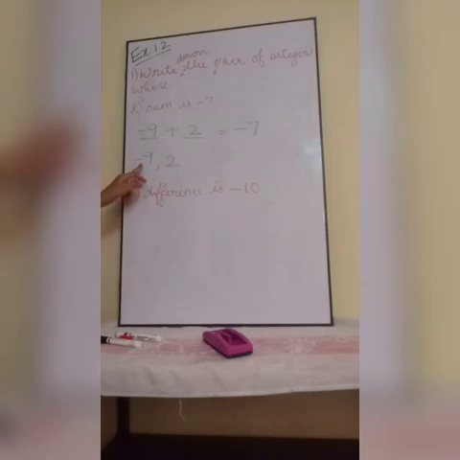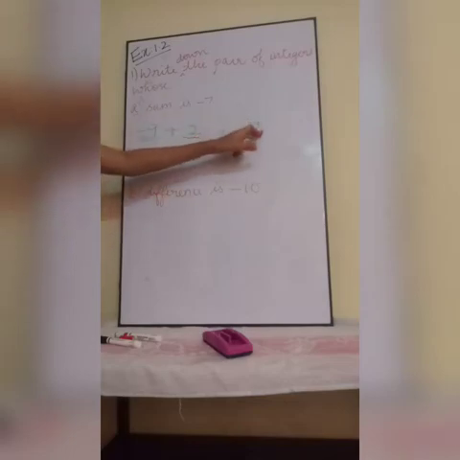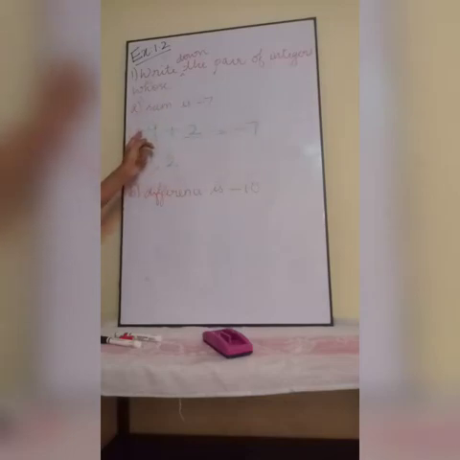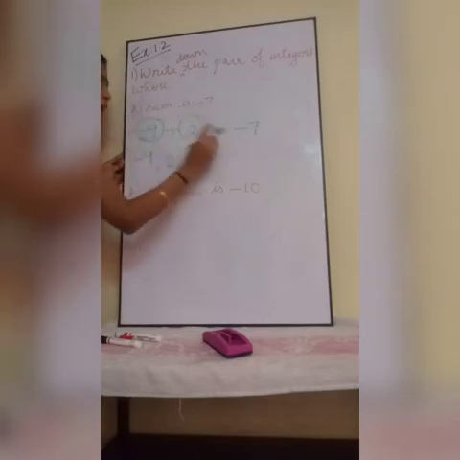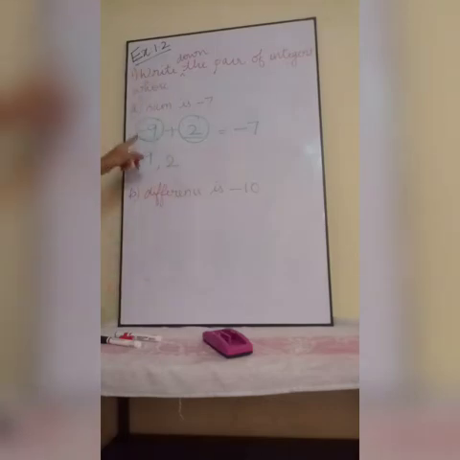This is a negative integer, this is a positive integer. I am going to add those two, they have different signs. So you will subtract and you write 7. And which is the greater number? Minus, so minus 7. So can we get this? I am adding minus 9 and 2 and I am getting minus 7. So minus 9 and 2 is a pair of integers where we are getting the sum as minus 7. Understood?